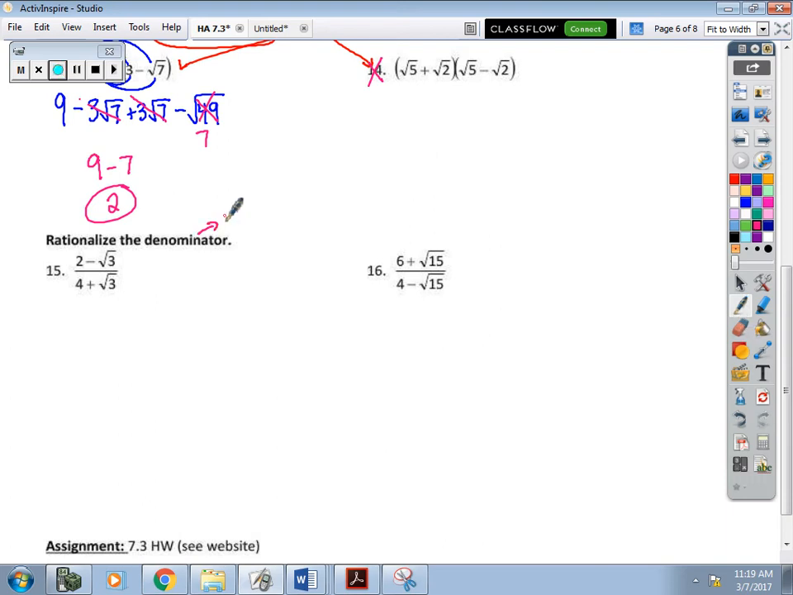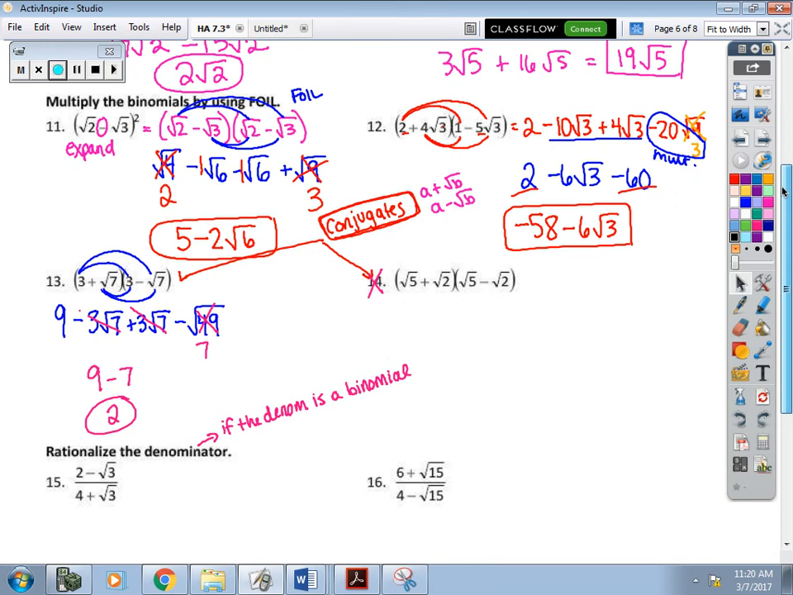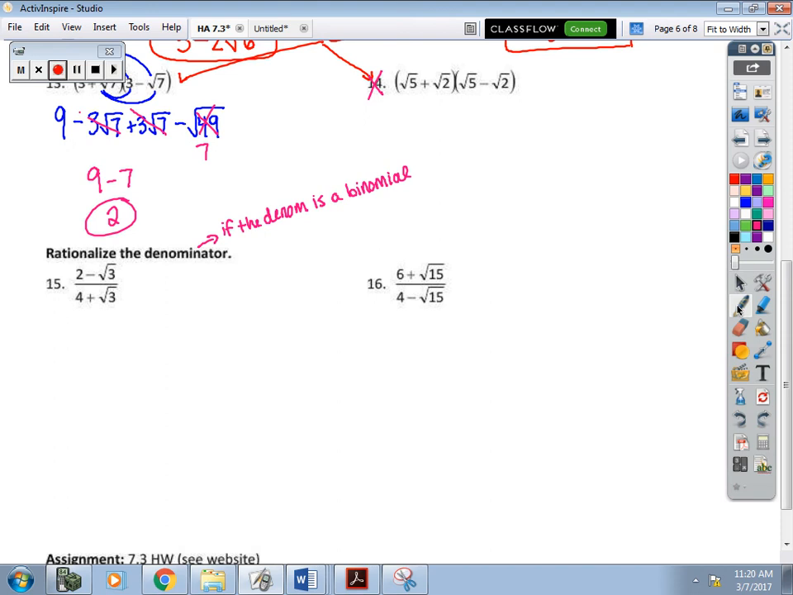Notice that the denominator is a binomial. So if the denominator is a binomial, meaning something is being added or subtracted, two things, you cannot just multiply by what's in the denominator. If you multiply by 4 plus the square root of 3, you're not going to get rid of the square root, which is the whole goal. If you have two positives or two negatives, you're going to end up getting a something square root of something in your answer. So when we rationalize the denominator, if it is a binomial, we are going to multiply the